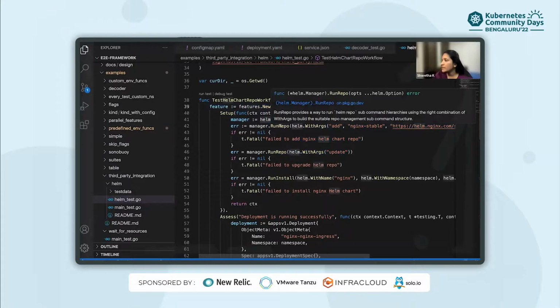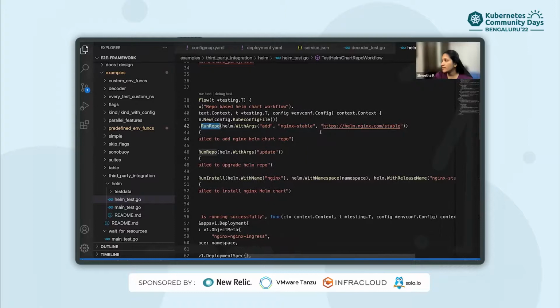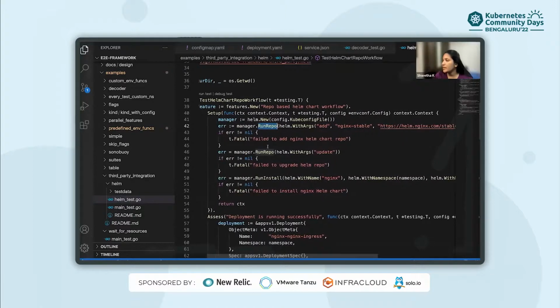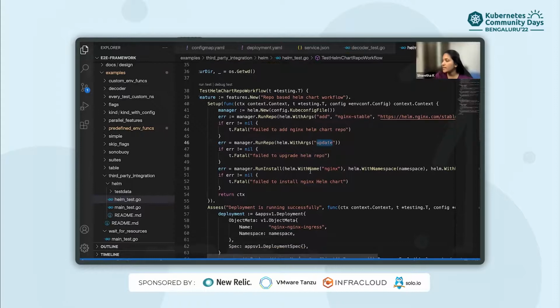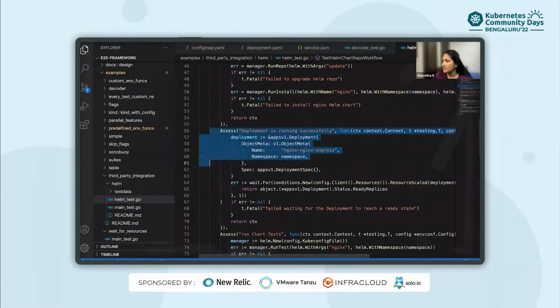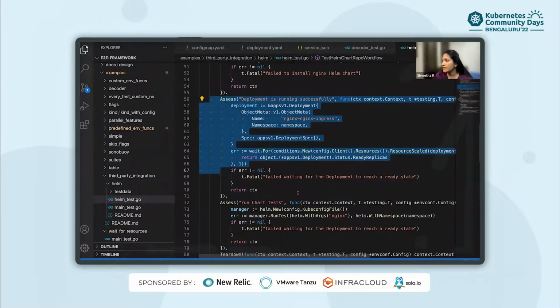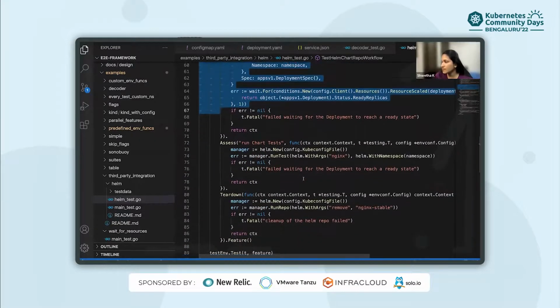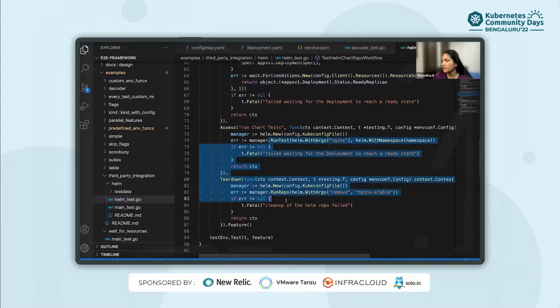Here we are adding a repo, nginx stable, and once it is added, we are updating this repository. Then it installs the nginx Helm chart. In the next step, we are just waiting for this deployment to be up and running. Once it is done, we are tearing down or removing the installed repo.